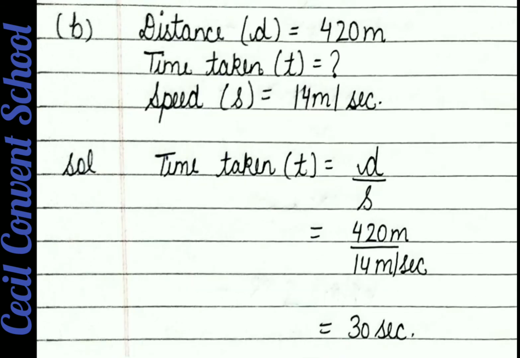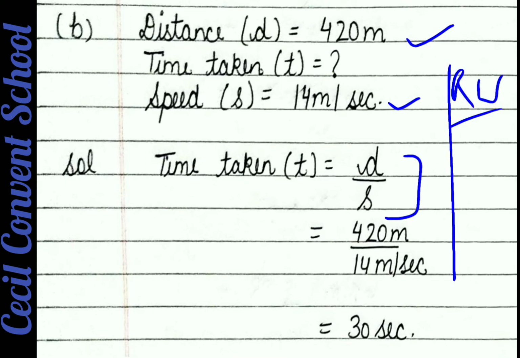Now students, distance D is given, 420 meter. Time taken we have to find. Speed is given, 14 meter per second. Now think about the time taken formula, and it is even given on the side of your book. That is D divided by S. When we divide 420 by 14, you can do it in the rough column also, that is, make a line there, write down rough work, clear, and then divide 420 by 14. When you divide it, as you all know, time can be in minutes, it can be in hours, it can be in seconds.